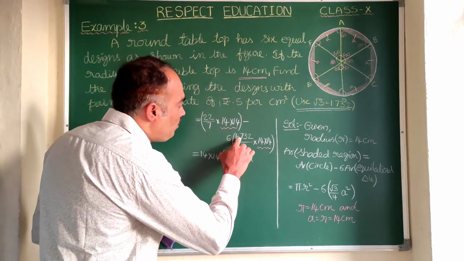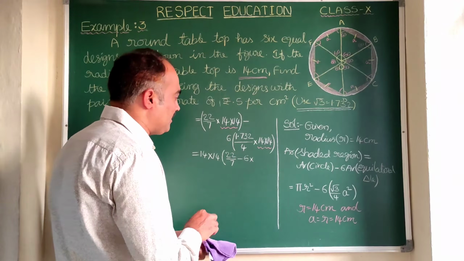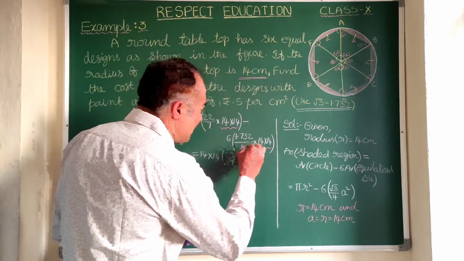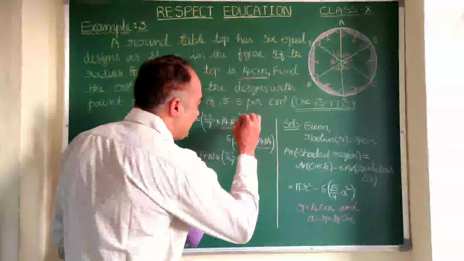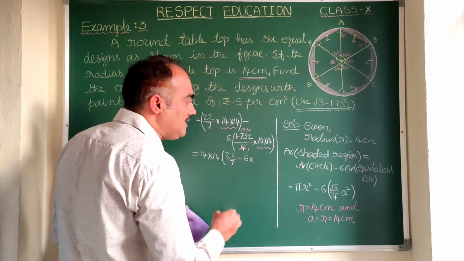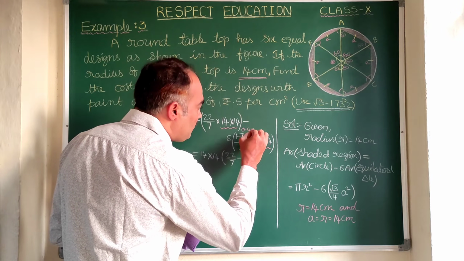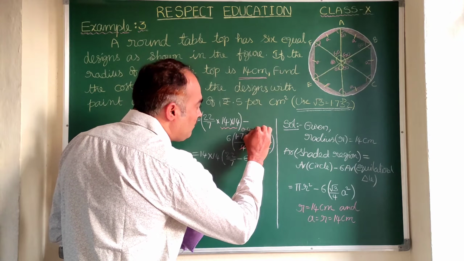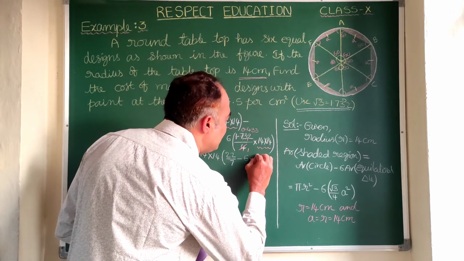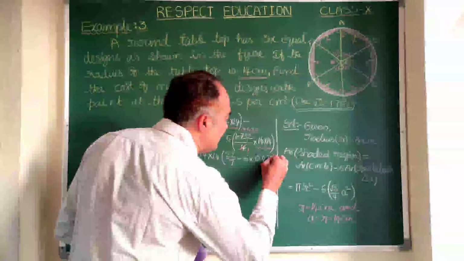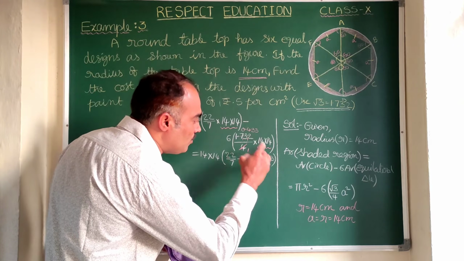So here 1.732 by 4 is left. Let us divide 1.732 with 4. 4 1s are 4, and it is 0 point, means 17. 4 4s are 16, here 1 is left, so 13. 4 3s are 12, again 1, so 12, again 4 3s are 12. If we divide 1.732 with 4, we get 0.433.